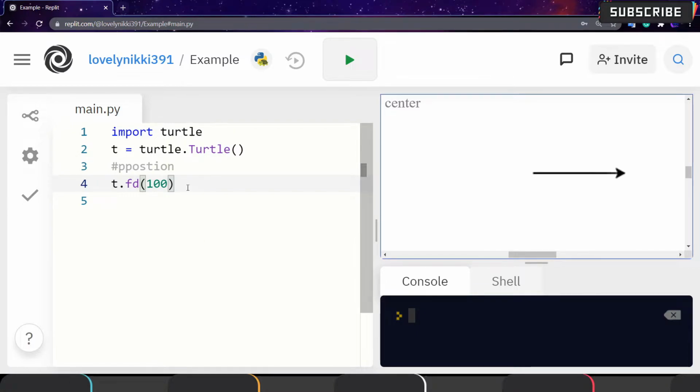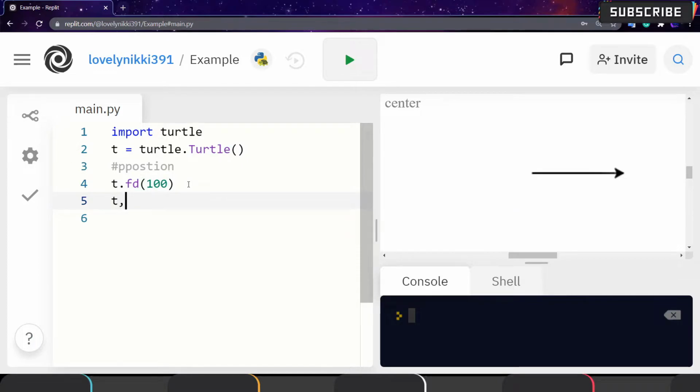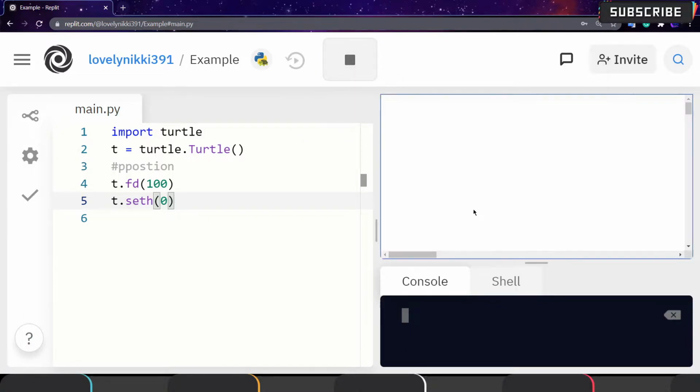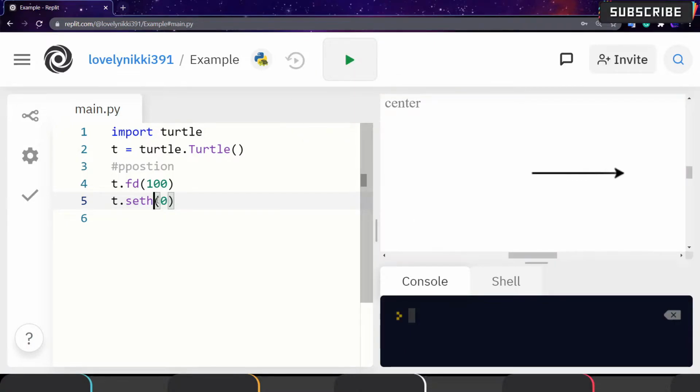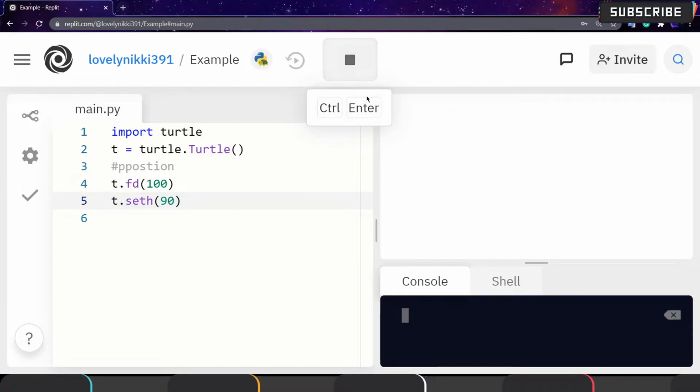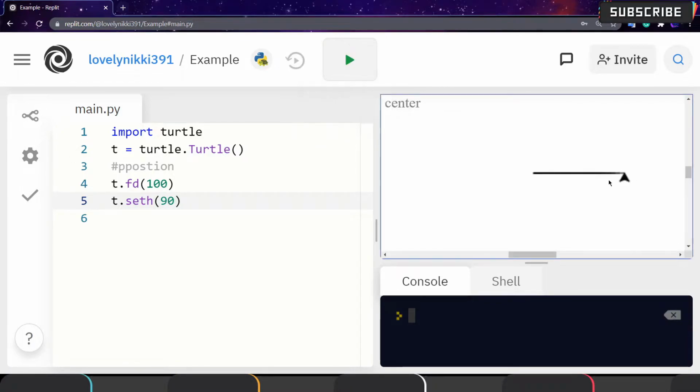Suppose I want to set the angle to the north, so I will give set h, and north is 90 degrees. So you can see it is changing to the north side.